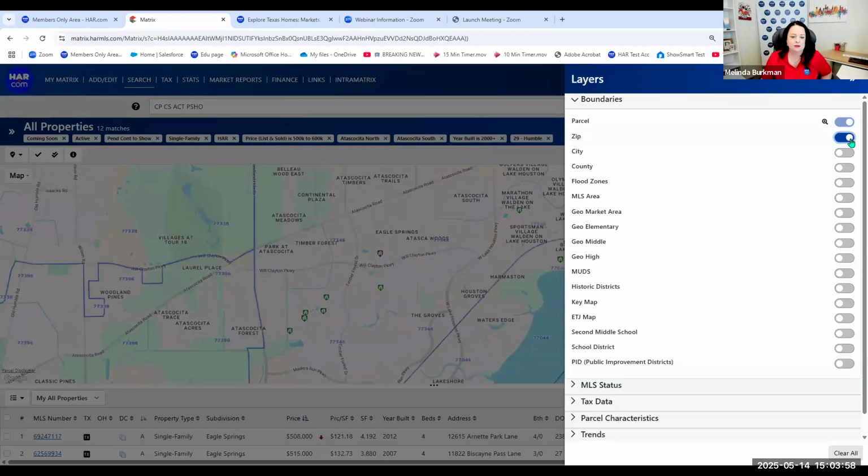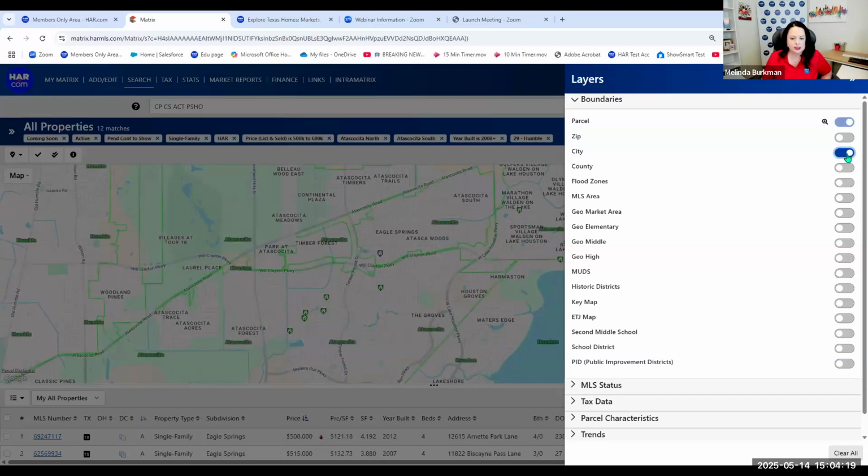Show me the zip codes. Okay. I don't even have to click off of it because it's showing the zip code in the next screen. It's a little dark, but I can still see that's 77346. Okay, cool. That's what they said they wanted. I didn't search the zip code, but I just wanted to see an overlay of where it is. Right? What city are these in? We've got Atascocita.